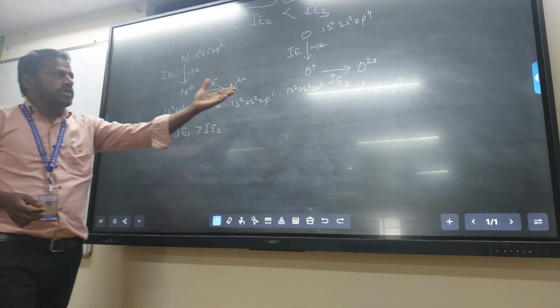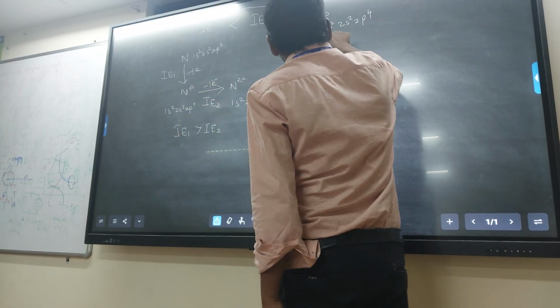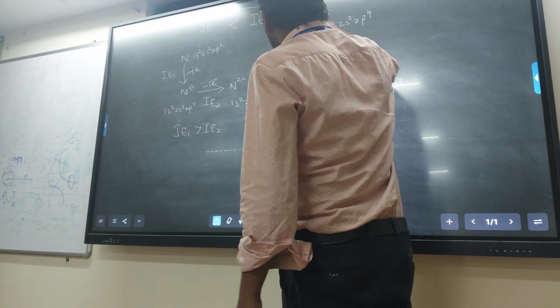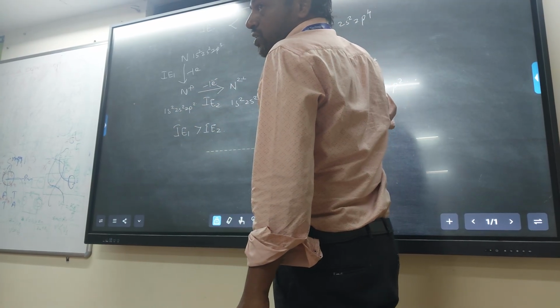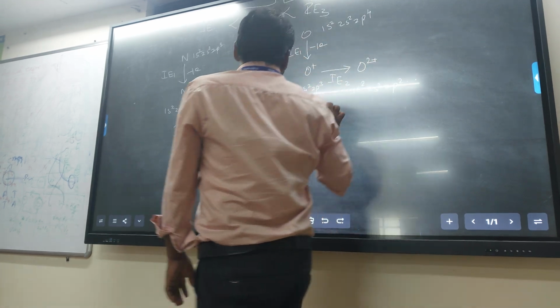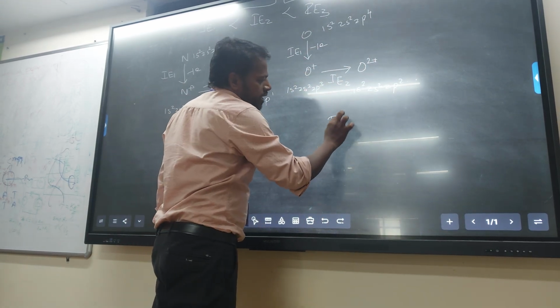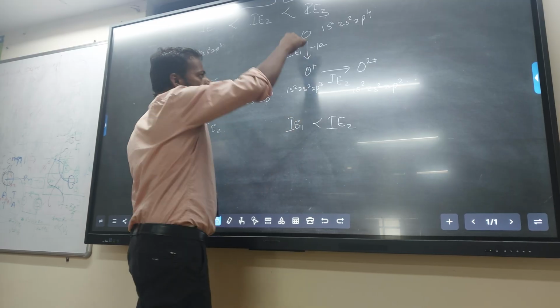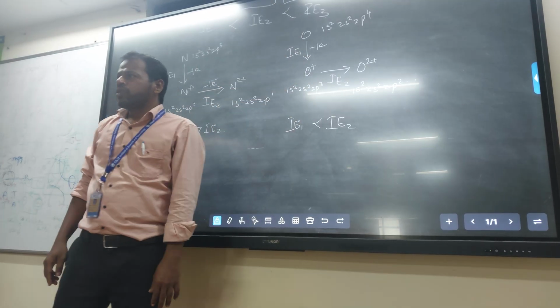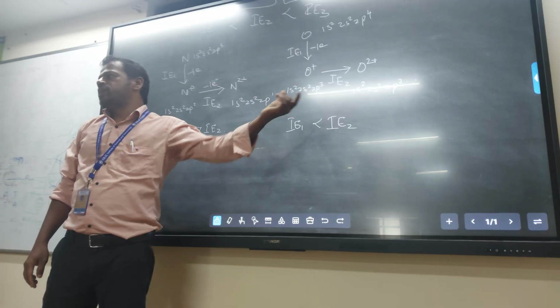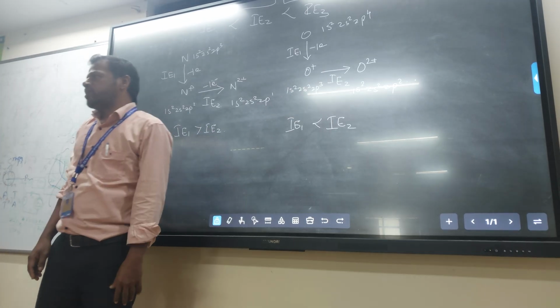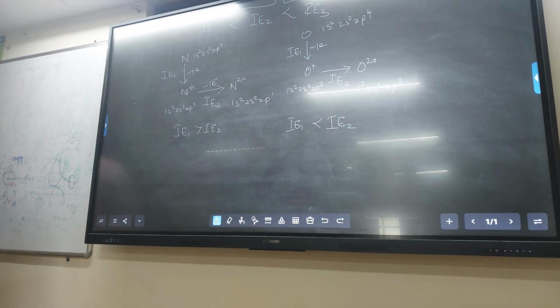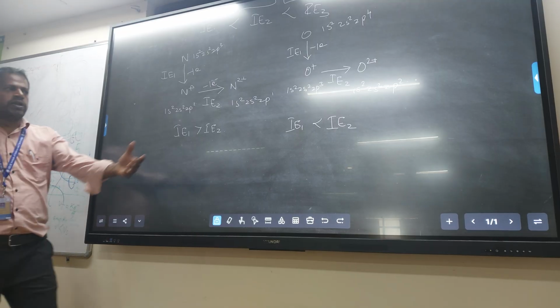Okay, and similarly here, this is a p4 configuration. When you come here, it is a stable configuration. From here to here, very tough job. Therefore, IE2 is greater than IE1. That means IE1 is a very easy job. IE2 is a very tough job because of half-filled configuration. Okay,